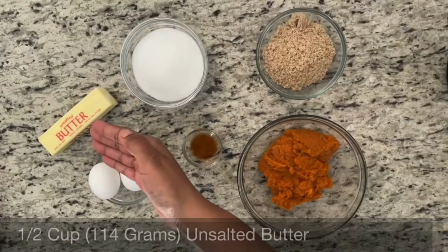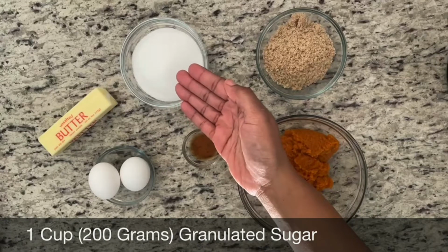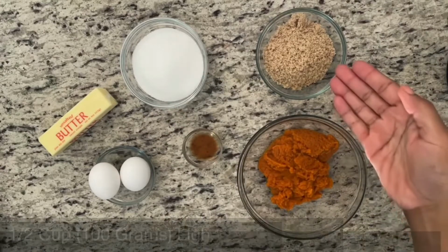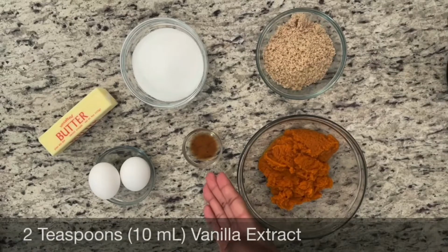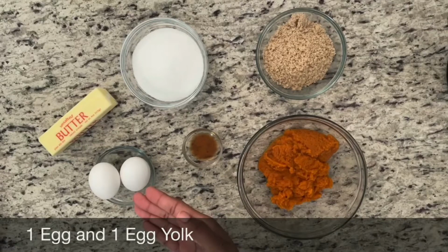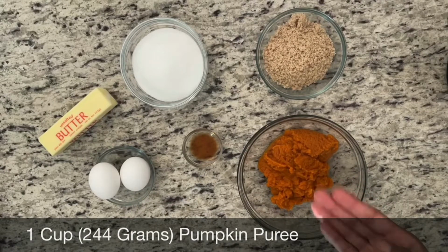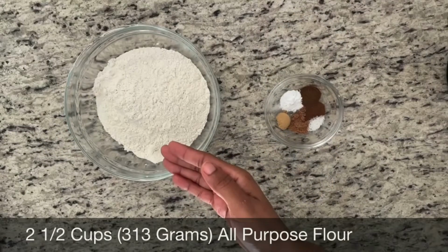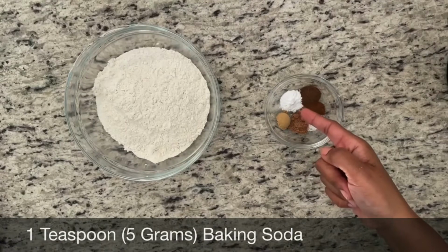Today I'm really excited to share with you my pumpkin spice cookie recipe. Now this recipe, you will need the following ingredients. I have a cup of unsalted butter, 1 cup of granulated sugar, a cup of light brown sugar, 2 teaspoons of vanilla extract, 1 egg and 1 egg yolk, 1 cup of pumpkin puree, 2½ cups of all-purpose flour, 1 teaspoon of baking soda,